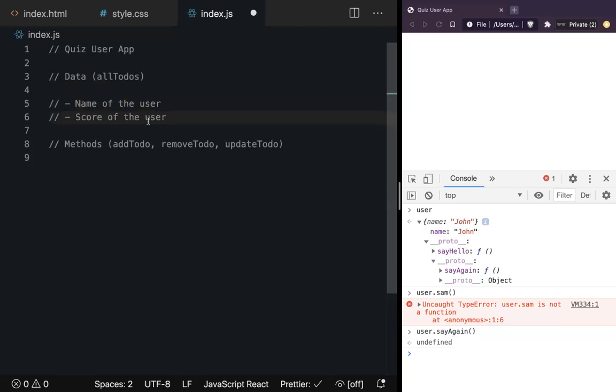So we'll try to keep it simple, but the things will be name of the user and score of the user. And in terms of methods, we'll have two things. Let's have one, a way to increment score. And a way to, what will be the other method?